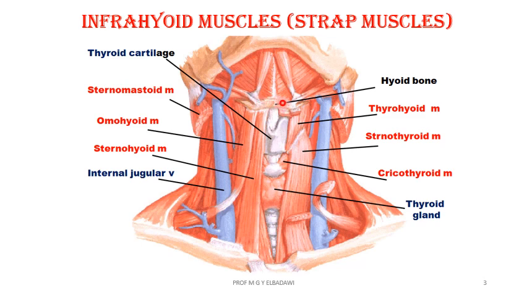That is the body of the hyoid. And this is the manubrium sterni, the clavicle. And those strap muscles are four muscles. Two superficial muscles, which are the omohyoid, the superior belly, and the inferior belly, and the sternohyoid. These are the two superficial muscles. The two deep muscles are the sternothyroid and the thyrohyoid.